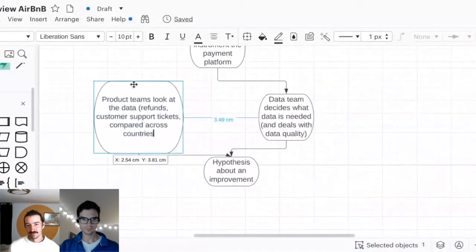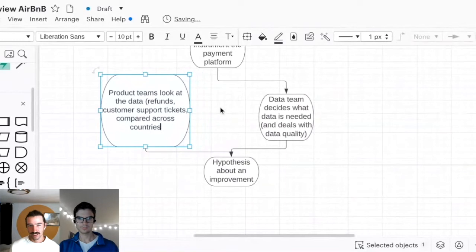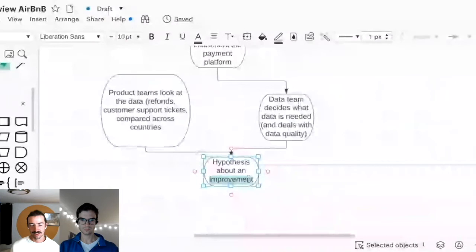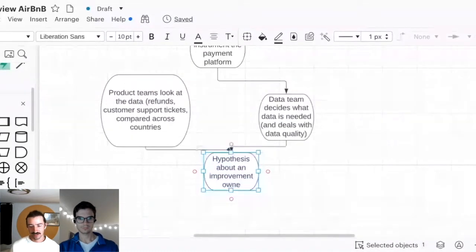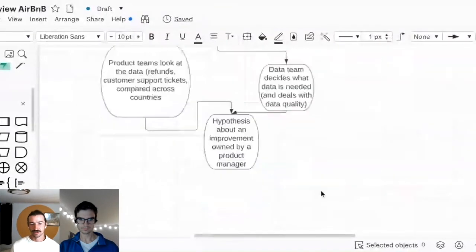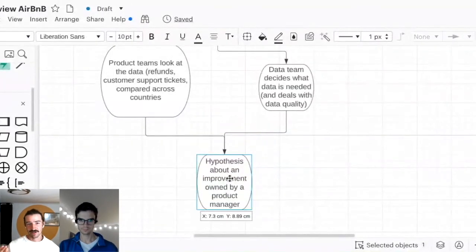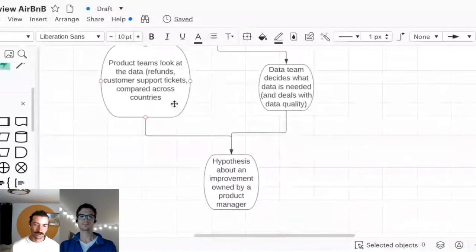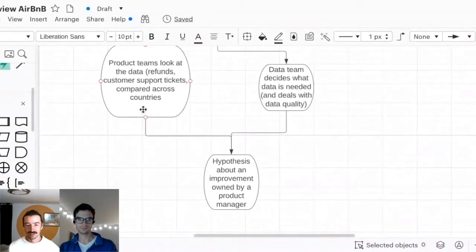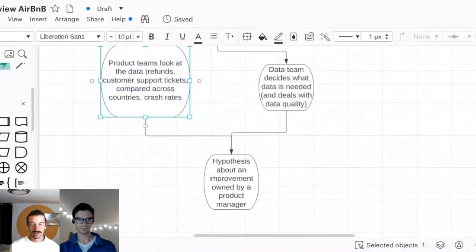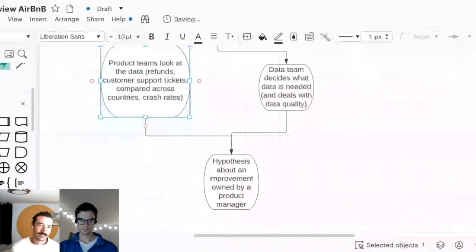And then from there, hypothesis. I think the product manager will own that hypothesis. It's their job to work with whoever they think is best positioned to help them come up with that. Sometimes that might just be them if it's a product thing. For example, we don't support this credit card type, and that's why our conversion rate's really low in this particular country, because a lot of people use that credit card. Or they might work with a different person who knows more. If the crash rate for this page is really high, the product manager is not in the best position to understand that, so they'll work with engineering to figure out why that might be happening.